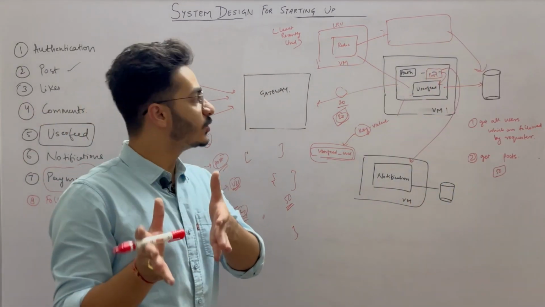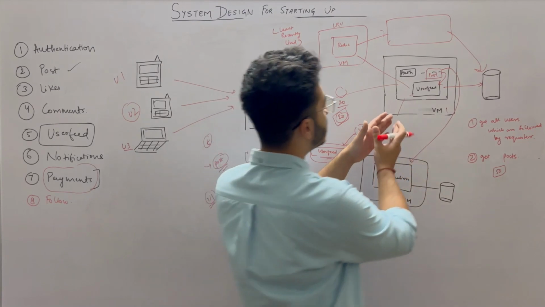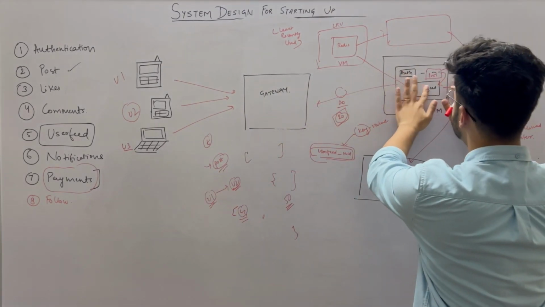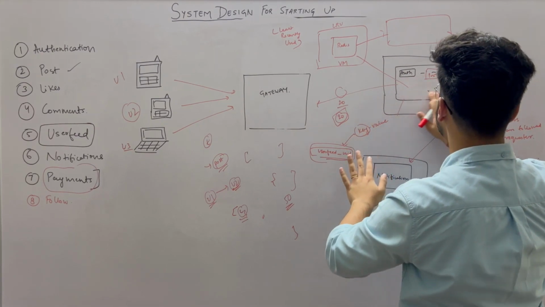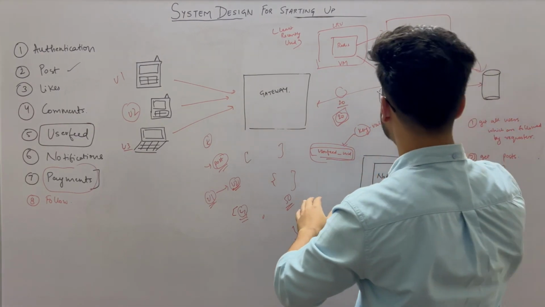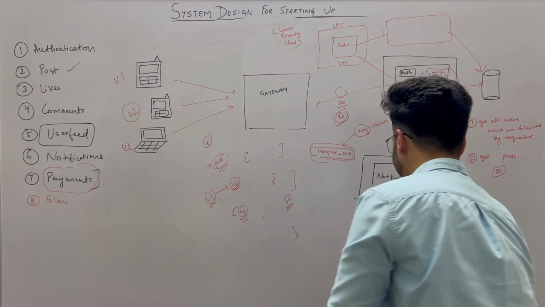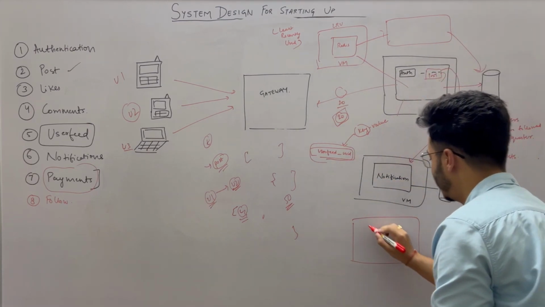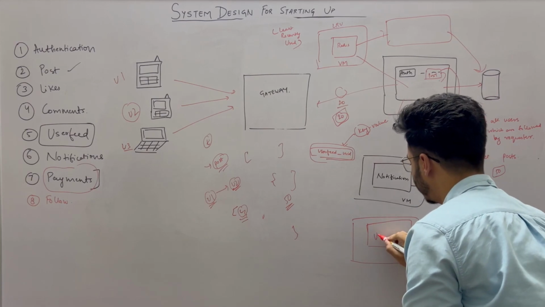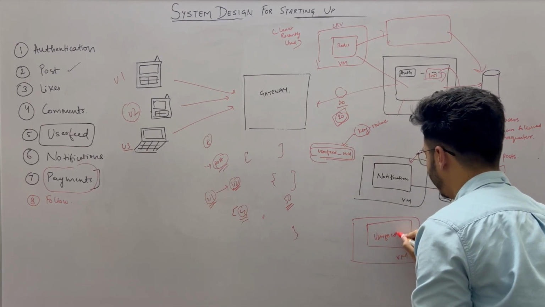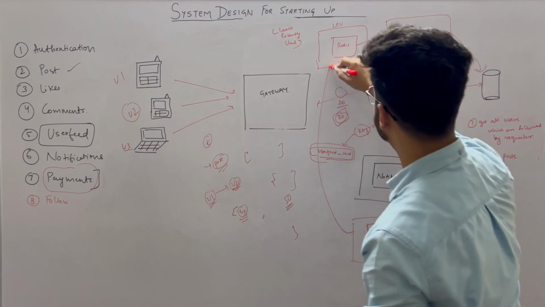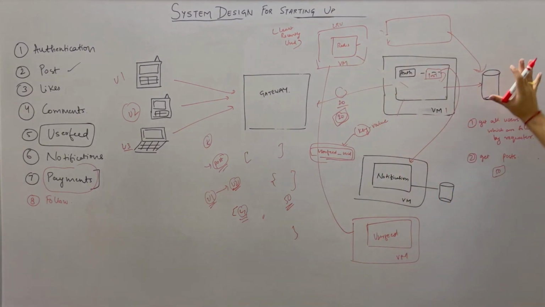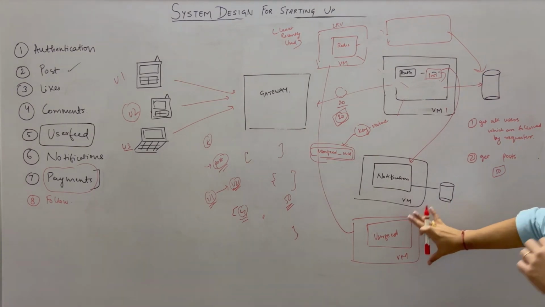Now you might also want to completely separate this user feed out of the box, and yes, you can do that, of course. So instead of here and here, you can create a separate virtual machine specifically for this user feed. This is the virtual machine and this is the user feed service, which is linked to this Redis cache. And there's no need for a DB here because we are not storing this user feed in the DB, we are storing